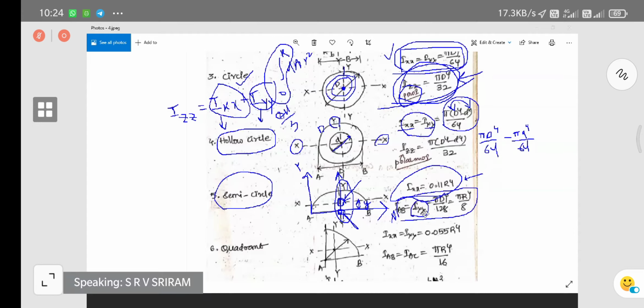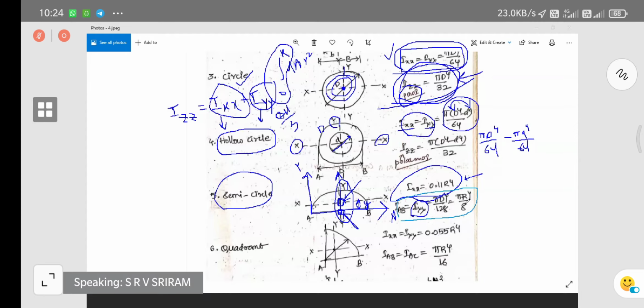It means it is the base axis. So moment of inertia about I_AB is nothing but pi d power 4 by 128. Why? Because we know that pi d power 4 by 64 is your moment of inertia about the base. What is meant by base axis here? So how much are we going to get? Pi d power 4 by 64. The same thing for central axis I_YY, you are going to get as pi d power 4 by 64.